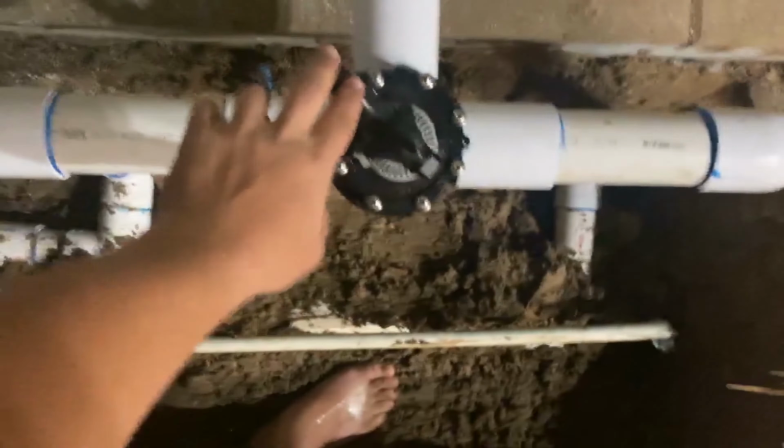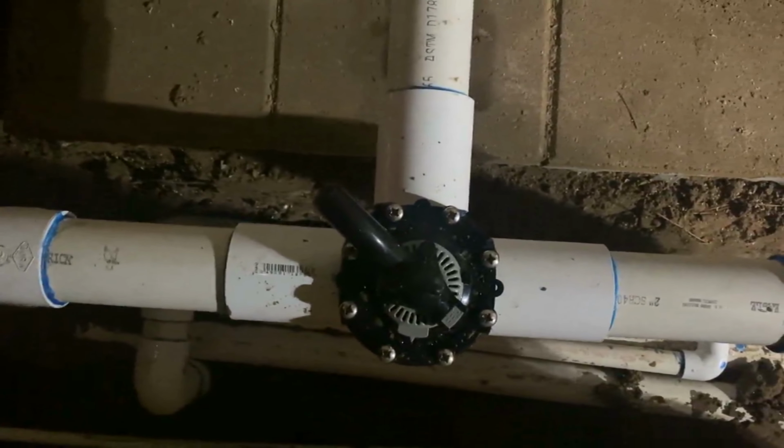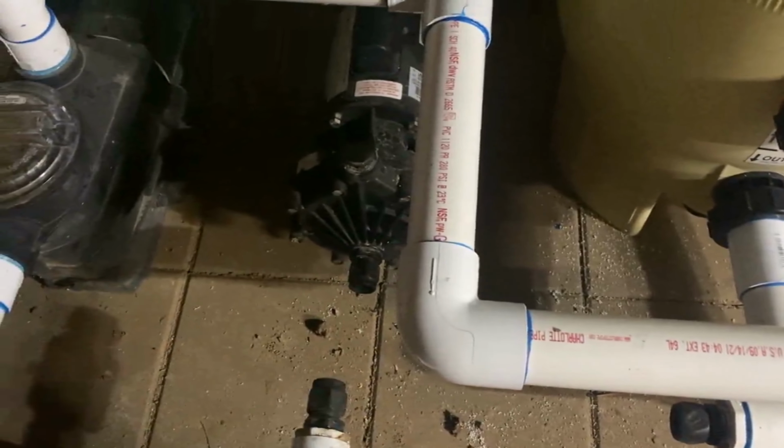Now we have the orientation of these 2 valves the same, and they'll never have to change. They stay right where they're at. They get locked down. Anytime the Polaris will come on, it'll be right where it needs to be to run,